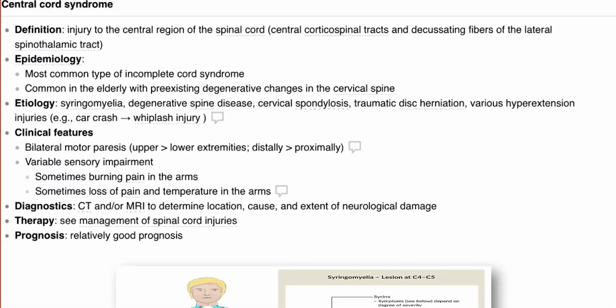Different types of spinal cord syndrome. The most common one is central cord syndrome. This is due to injury to the central region of the spinal cord. It affects the central portion of the corticospinal tract, the descending motor, and the decussating fibers of the lateral spinothalamic, the ascending sensory. This is the most common type of incomplete cord syndrome and occurs in the elderly with pre-existing degenerative changes